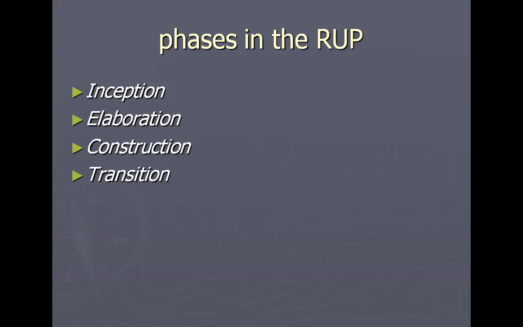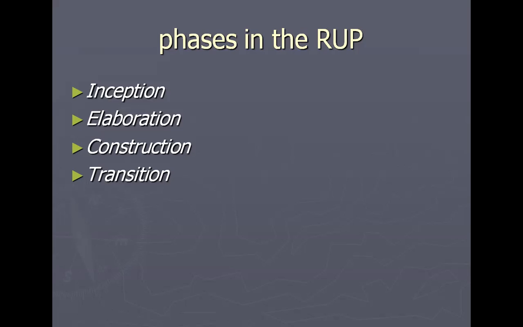The third one is construction. In construction, you have to build, model, and test the system. After that, you have to develop the supporting documentation. In a simple way, you have to write the code. Okay, that is the construction phase. You have to model, build, and test the system. You have to develop supporting documentation.